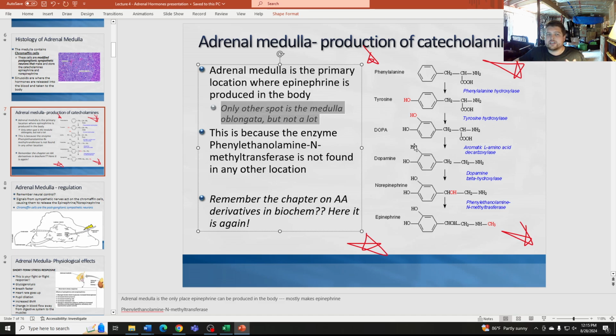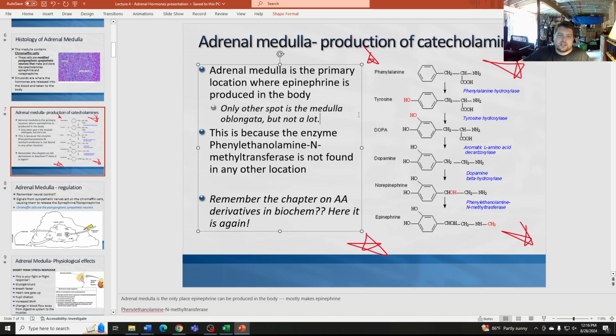We usually say that the adrenal medulla is the only place where epinephrine is truly produced, but there are a couple other small spots, like the medulla oblongata, where it is created as well. But primarily for examination's sake and for this not super deep dive level material that we're going over, we tend to say that the adrenal medulla is the primary location, or the only location where epinephrine is produced